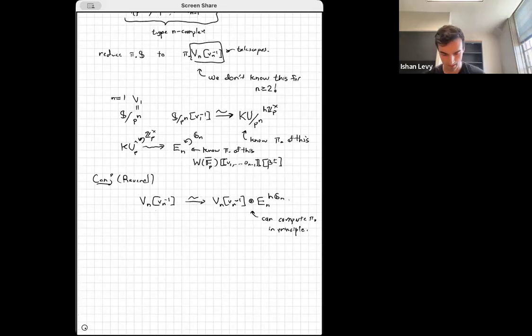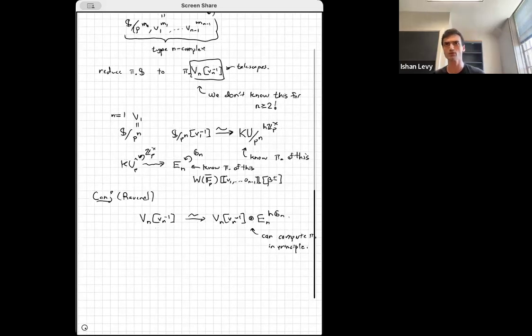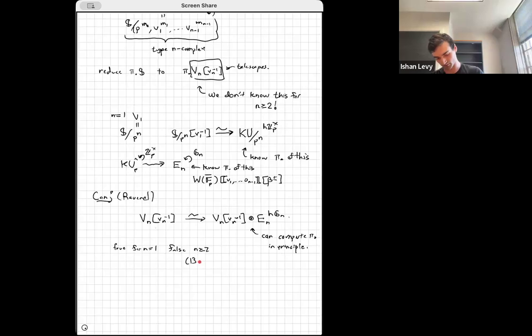So, I mean, yeah, if you're familiar, well, okay, I will mention this later, maybe. So, right, this conjecture is true for n equals 1. This is essentially the result of Mahowald and Miller, and it's false for n at least 2, and this is the result of Robert Burklund, Jeremy Hahn, myself, and Tomer Schlank.